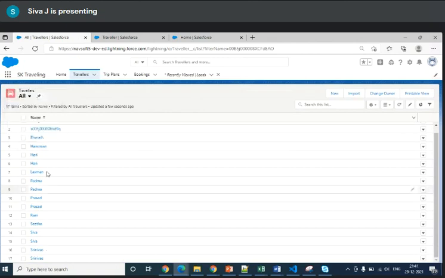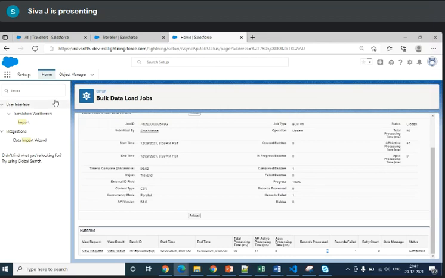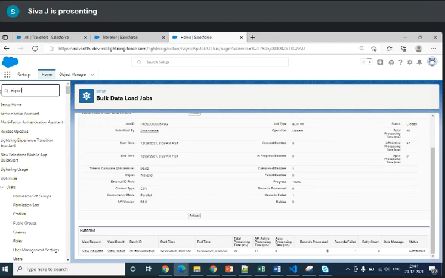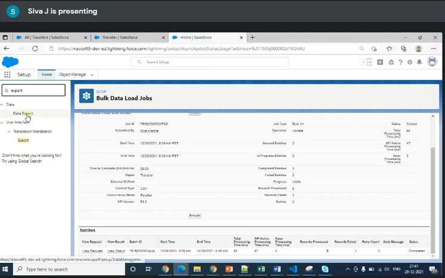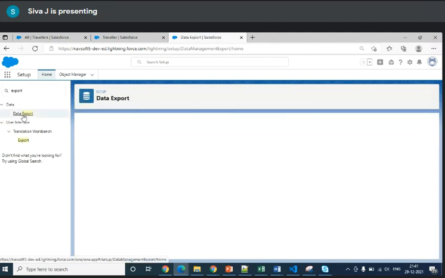If I want to modify something on all the records, I can't go on every open record ID and get it; that won't be a good practice. Ideally, in the Salesforce ecosystem, we have one more functionality called export. You have to select data export, and you can have the export sent to your mail ID once the export process has been done.